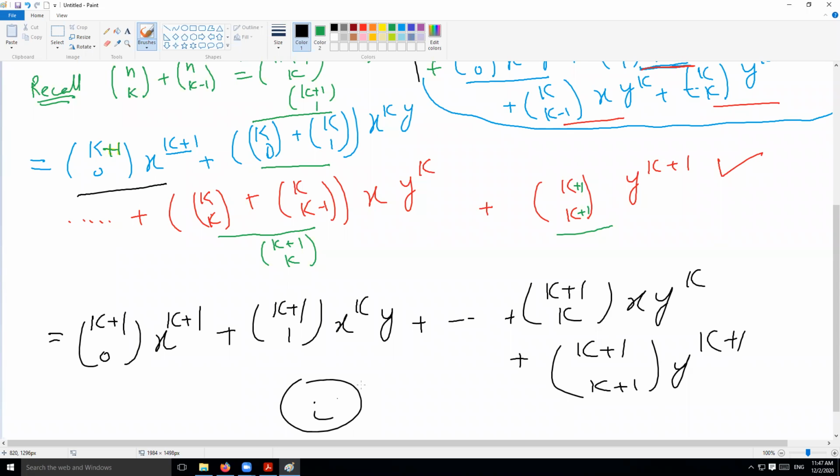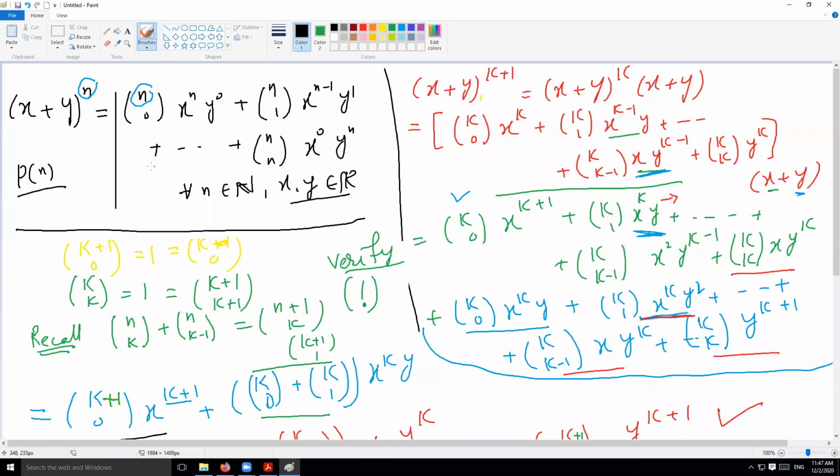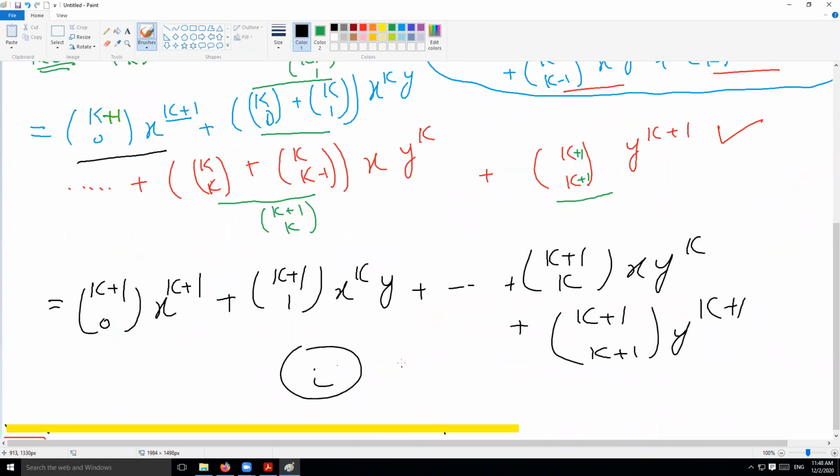So in exercise 4.3, if you see problem 20, it's really on the binomial theorem actually. If he's trying to prove the binomial theorem through this. So what all these examples are showing to you is that all statements that involve natural numbers can be proven through mathematical induction actually. So even the binomial theorem actually.